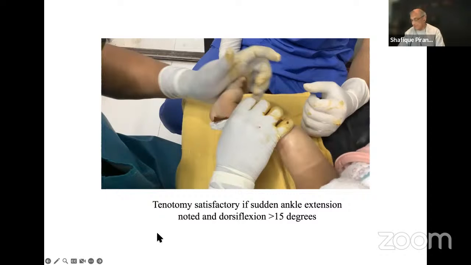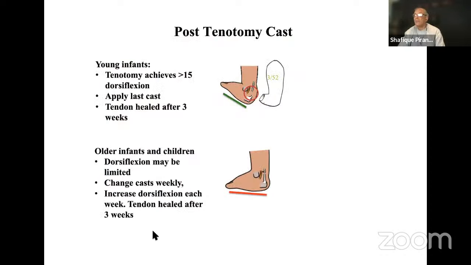under local anesthetic. And then we apply the cast. The post-tenotomy cast needs to go in the position of maximum available correction. You can see the Achilles tendon is nicely tenotomized there. If you have sufficient ankle dorsiflexion, which is usually possible, more than 15 degrees in young infants, the cast is on for 3 weeks. And in that 3 weeks, the tendon heals in the new lengthened position, and you have